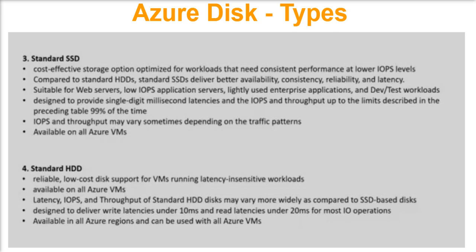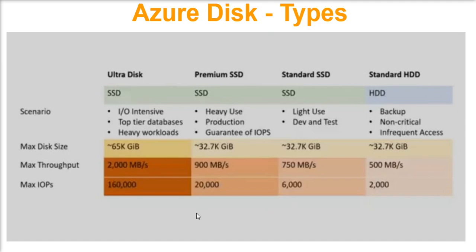Okay, so these are the other two different types of Azure data disk, and we'll see a comparing chart of these Azure disk types. So this is the comparing chart. Here you can see the maximum disk size, maximum throughput, maximum IOPS and scenario where you can use this disk. So Ultra Disk you can use whenever you need